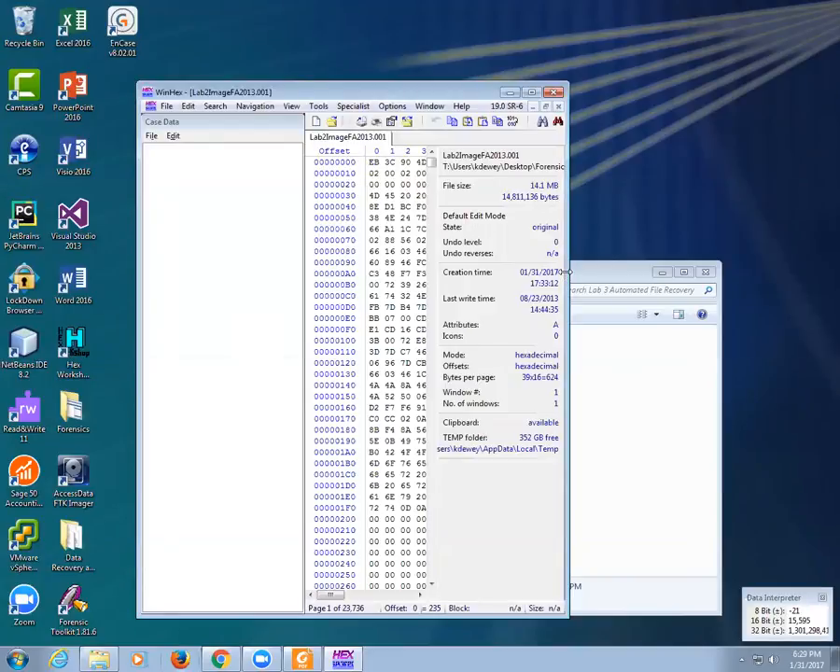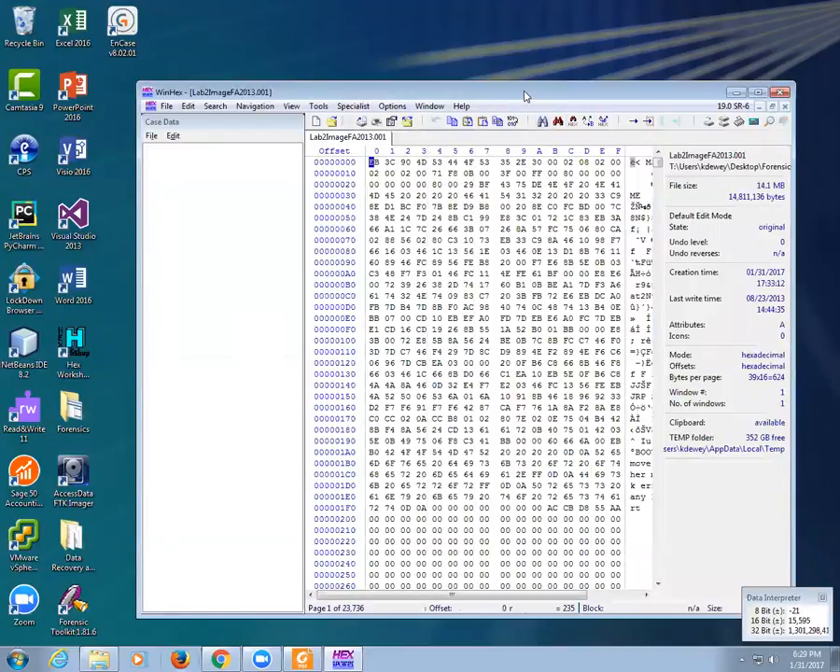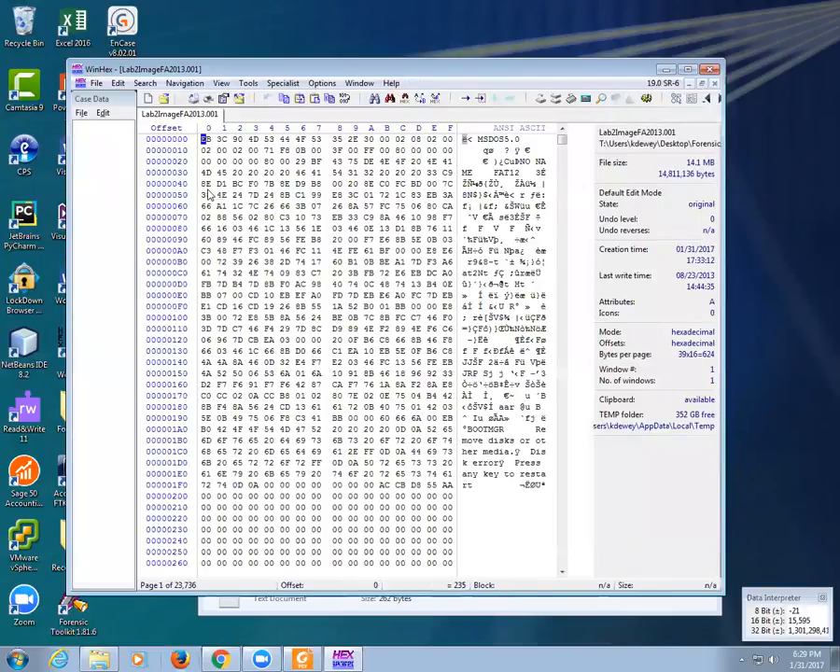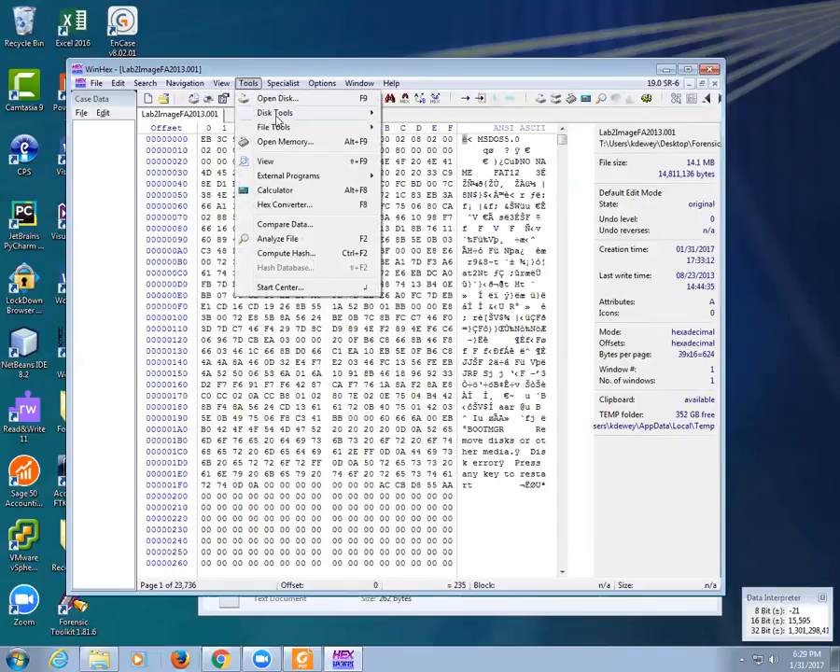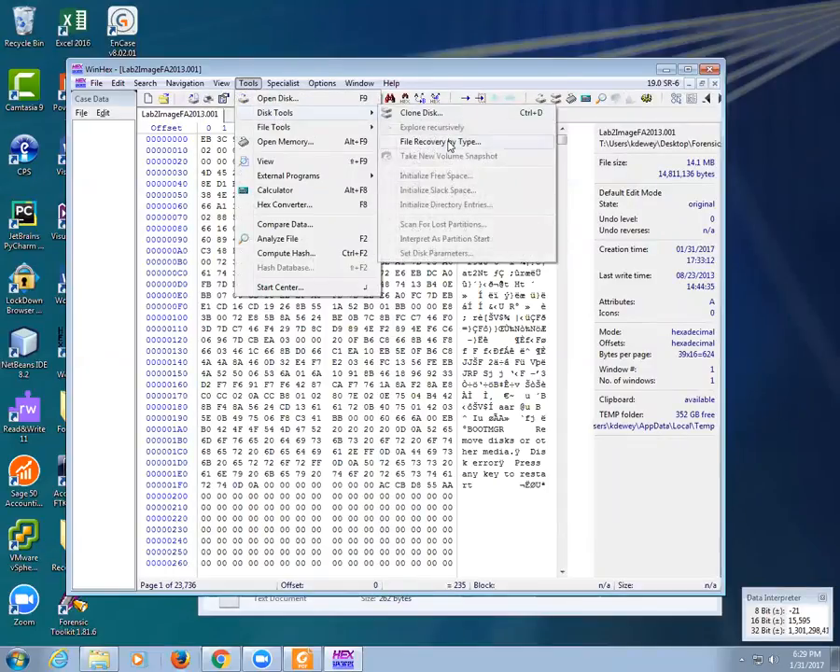All right, now WinHex. It's very similar to the other ones. You can create cases or anything, which we're not going to mess with right now. But under Tools, Disk Tools, File Recovery by Type,